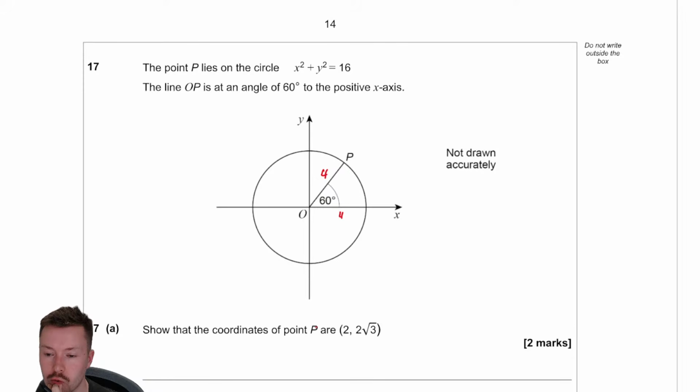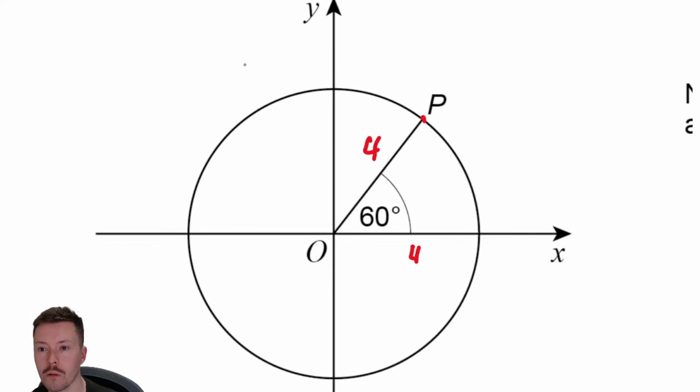So how many 60s go into 360? That's 6. So we're dividing it by 6. Do I work out the arc length? Would that help me? Possibly, possibly not. I can do that without doing it that way. I could do. What if I put a line up here? If I zoom this in, if I do a line like this,